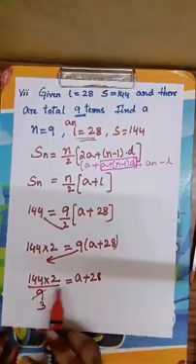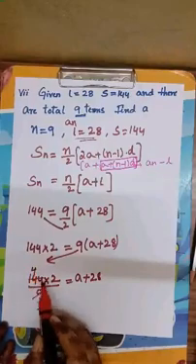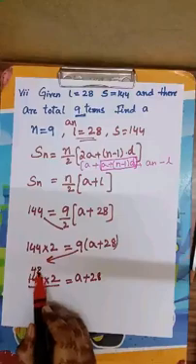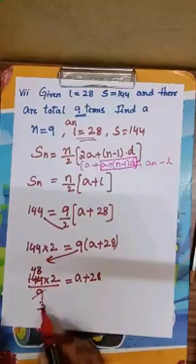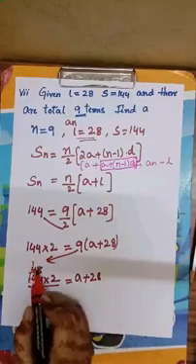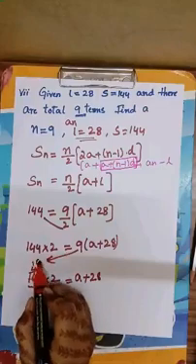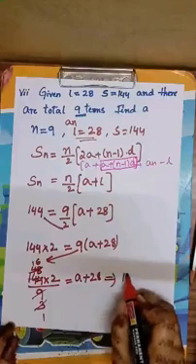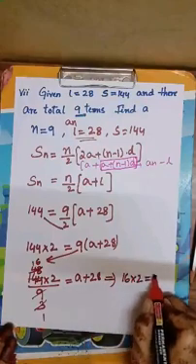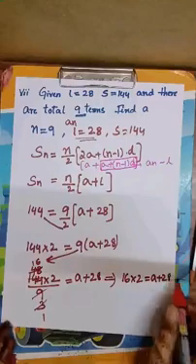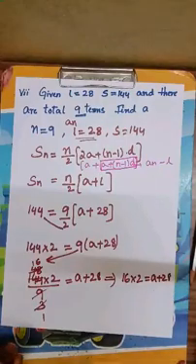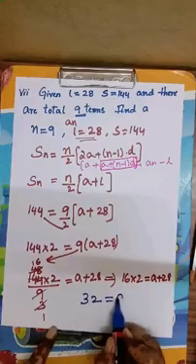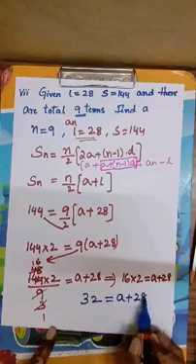3 3s are 9. 3 4s are 12. 2 carry, that becomes 24. 3 8s are 24. Again it will go in 3 table. 3 1s are 3. 1 carry, 3 6s are 18. So that is 16 into 2. 16 into 2 is equal to a plus 28. 16 2s are 32. 32 is equal to a plus 28.